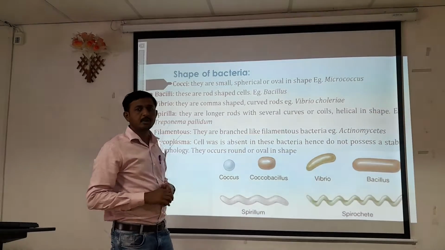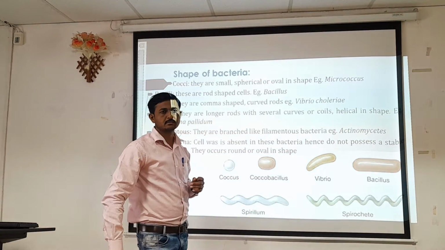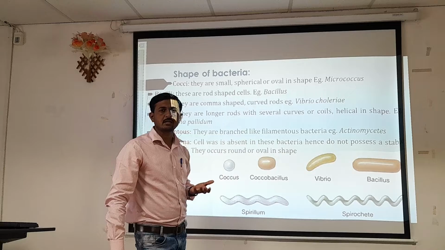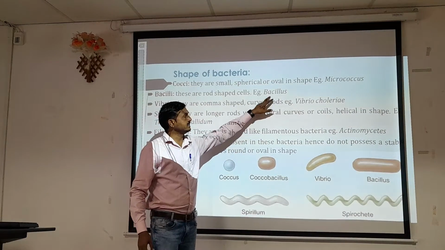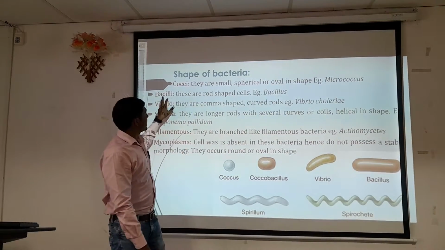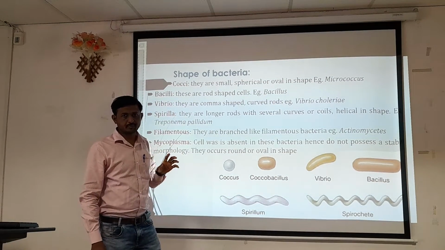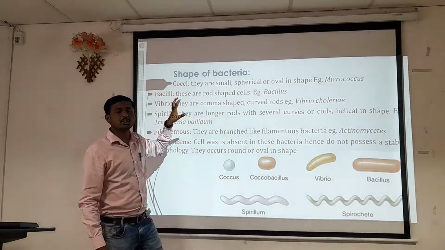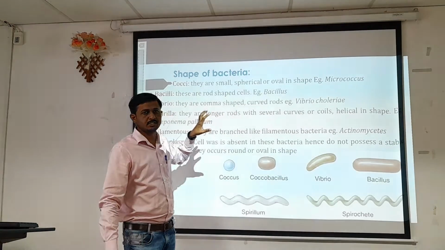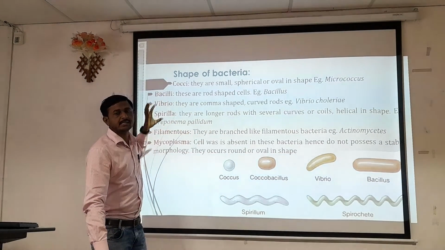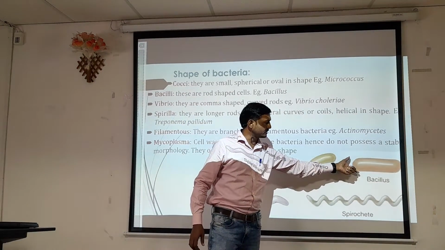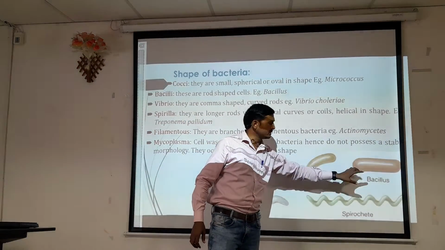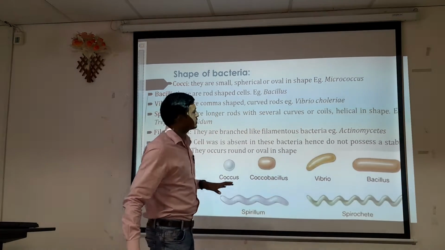A typical example of bacilli type of cells is the genus Bacillus. All the members of this Bacillus genus. Bacillus is the name of the genus and bacilli is a shape of cell. So the Bacillus genus are typically bacilli in shape. So it is a shape of bacteria. Bacilli shape looks like a rod-like structure.